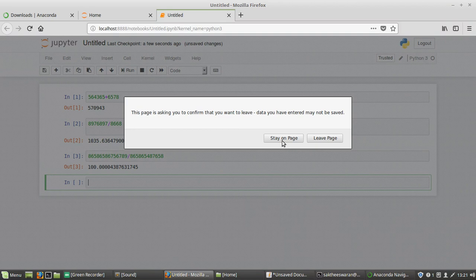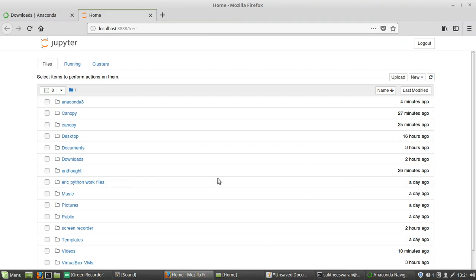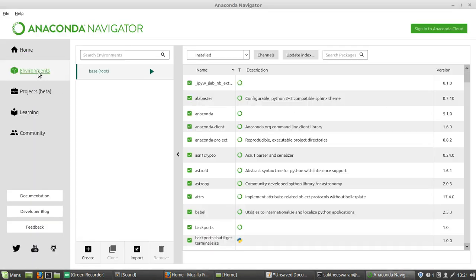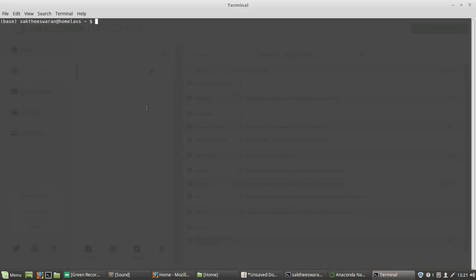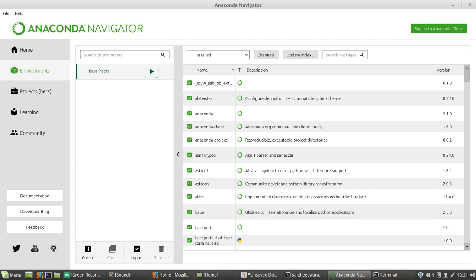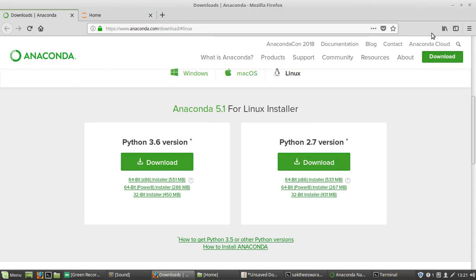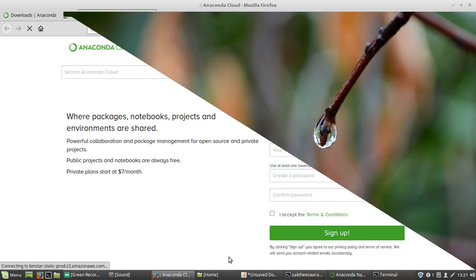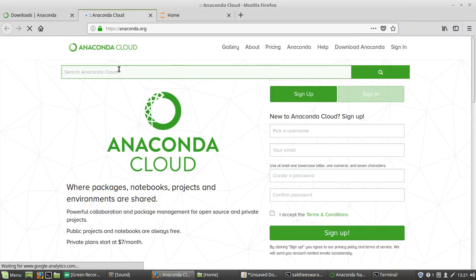There is a job to do. To install these packages, you have to go to the environments, and the base root environment. Go there and open the terminal. I am only doing this for Linux. So in this base terminal, you have to install these packages. You have a wonderful forum online, the Anaconda cloud. You go there and just type a very simple package for the time being,